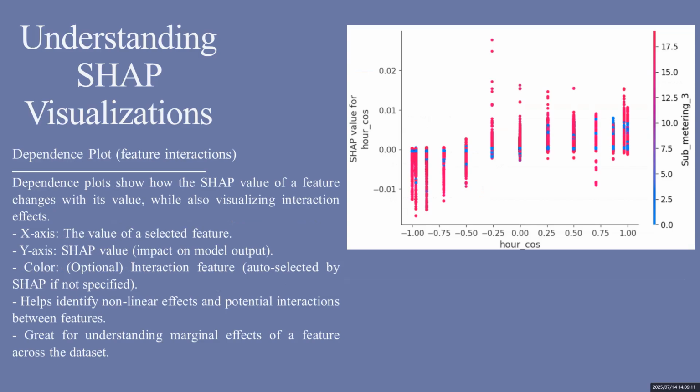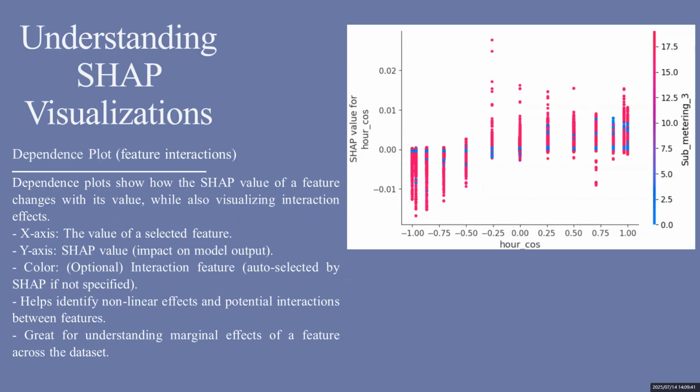We have the dependence plot, which we call the feature interaction. This tells us how each feature interacts, the interaction of two features together. It tells us how the SHAP values of the feature change with each value, while also visualizing interaction effects. So these are interactions between a feature called submetering and